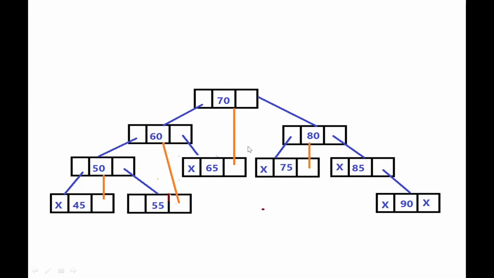Similarly, we have connected the nodes everywhere, and one thing you can observe from this example is that in a threaded binary tree, all the right link pointers will be non-empty, except the last node, whose right link pointer, or forward link pointer, will be null. Every other f link pointer is replaced by an address, so there won't be any null pointer in the f link except the last node.